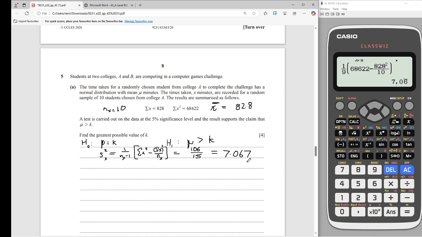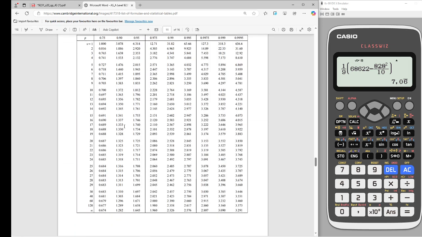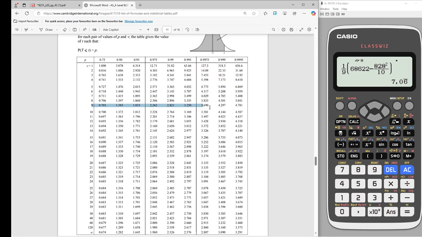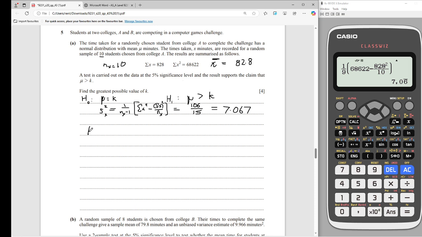7.067. Okay, now that we have our values, next thing we need to know is whether our test statistic should be represented with the letter Z or T. In this case we have 10 students, that means degrees of freedom equals 9. As you can see in the critical values over here, there are critical values for 9, but that means that we need to represent our letter with T. So T